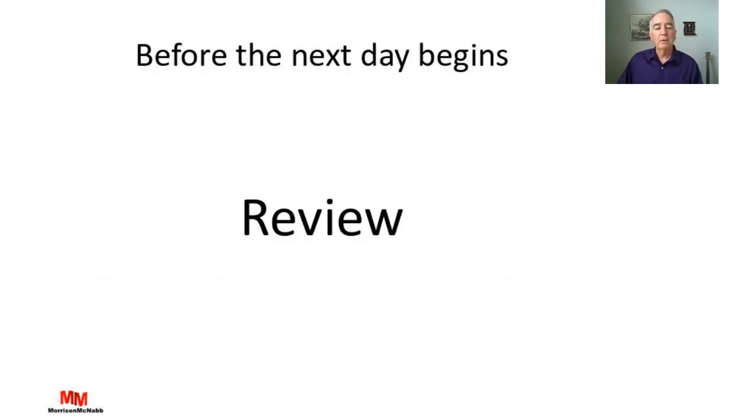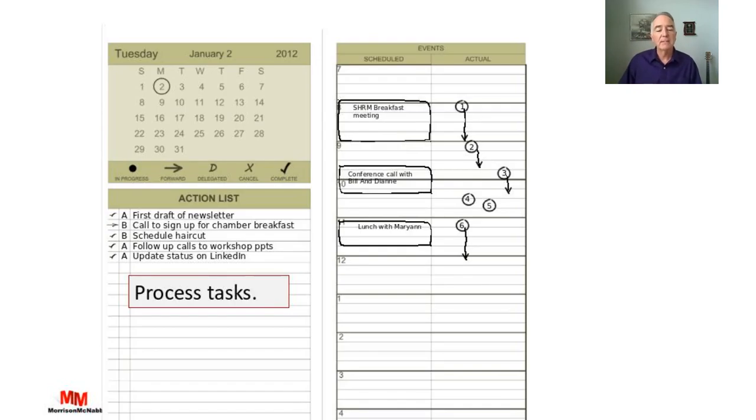Okay, so that's the end of the first day of your using the system. Before the next day begins, you're going to review that day. So you're going to go back and look at that previous day, and you're going to process the tasks. On the left-hand side here, I'm going to make a little check mark in the very left column, and these columns are included in the planning system, the Franklin Covey and the Day Runner. A place for prioritization and a place for how to notate them.